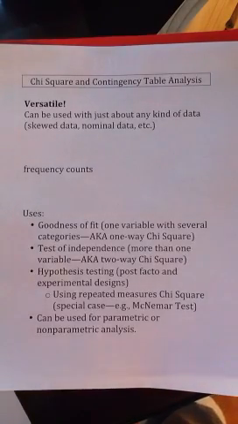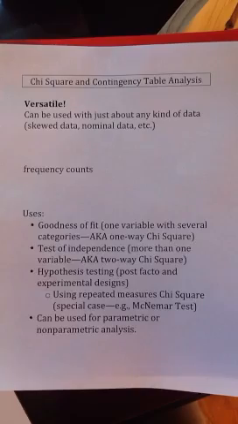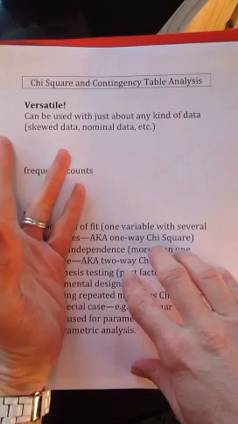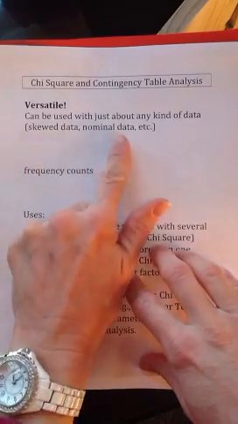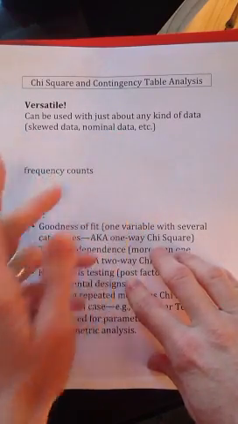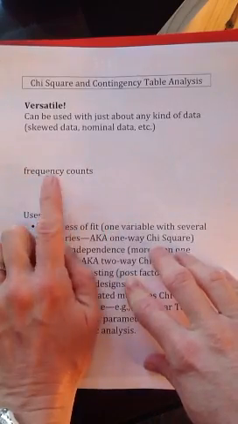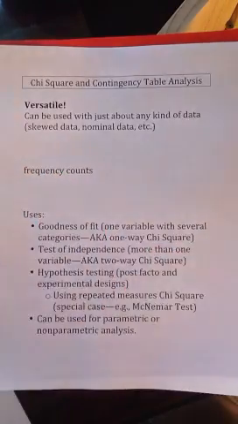Hello, welcome to this video mini lesson, introduction to chi-square and contingency table analysis. The beautiful thing about chi-square is that it's incredibly versatile. You can use it with just about any kind of data, including skewed data, nominal data, etc. And the way that chi-square works is it's all about frequency counts, the actual number of cases that fall into